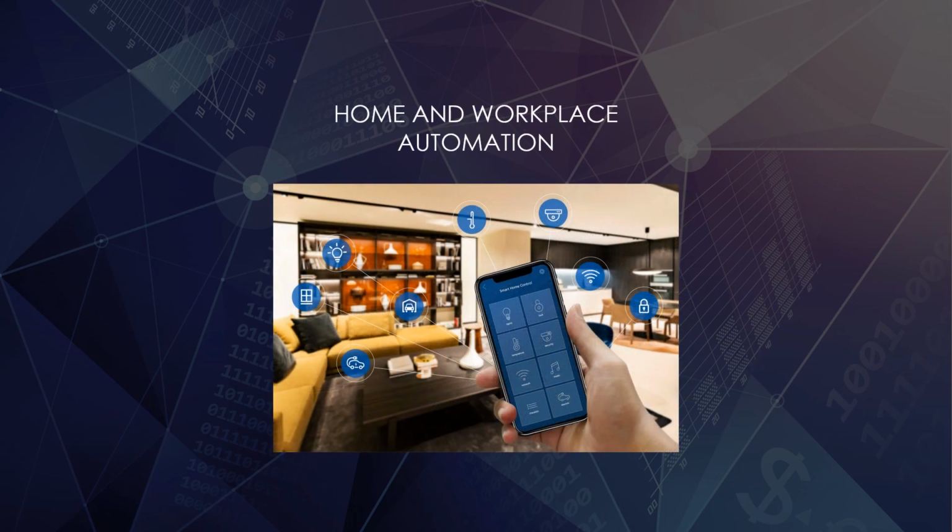Home and workplace automation. Smart homes leverage ambient computing to create automated and convenient living spaces. Now, homeowners can control their environment remotely, adjust temperature settings, manage energy usage, and enhance security through smart locks and alarms. As we progress towards a fully integrated smart workplace, we will no longer need to start our day simply by arriving at the office, logging onto our computers, and checking emails.